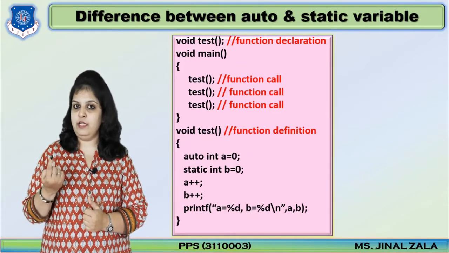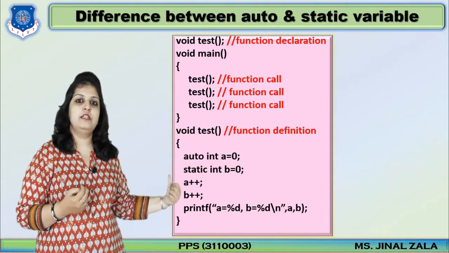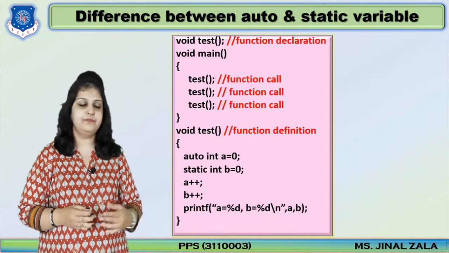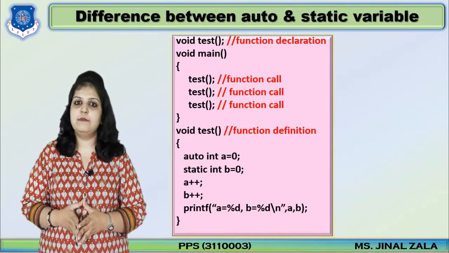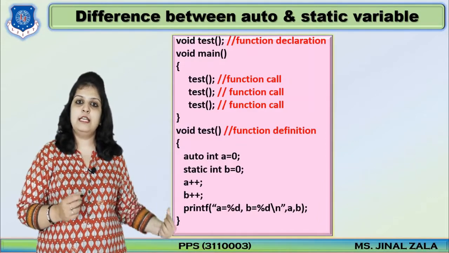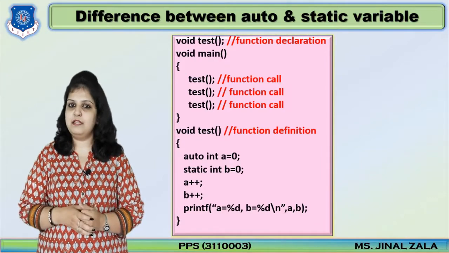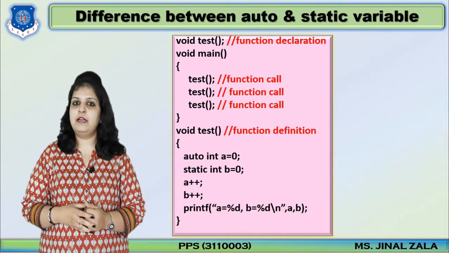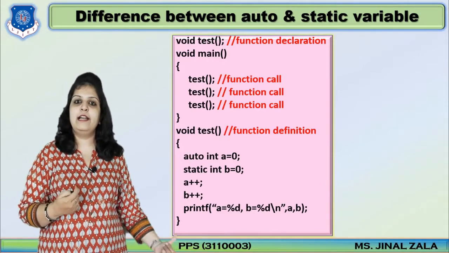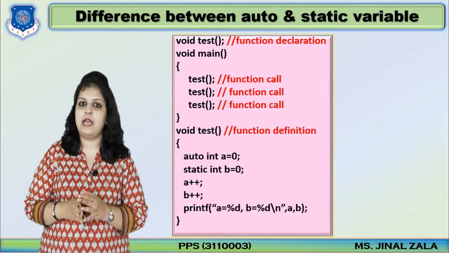And what I have written in the definition, just to see the function definition. Here I am taking one variable as an automatic variable and one variable as a static variable. Auto integer a is equal to 0, and I am initializing the value of a as 0. Same here, static integer b is equal to 0. Both are initialized as 0. And the same operation here, I am writing a plus plus and b plus plus. A plus plus means increment the value of a by 1 and b plus plus means again increment the value of b by 1. And at last the printf statement, in printf just simply print the value of a and b.